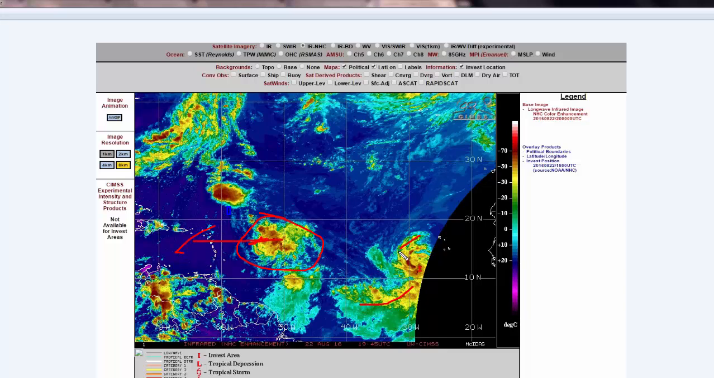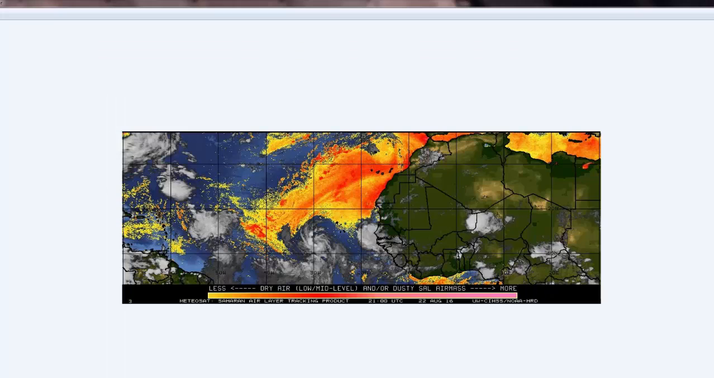You can see the bands already coming in here. Very impressive. So, the infrared picture shows a lot here. Now, this is our dust from off Africa, and it's a pretty impressive dust cloud, but it's not that far south. And you notice, for the most part, it is not getting entrained into Tropical Depression 7 or the system